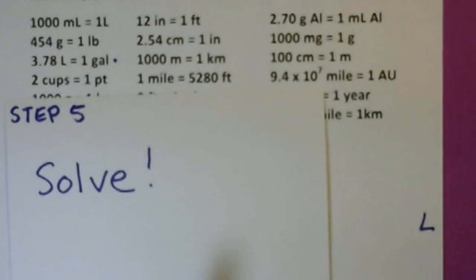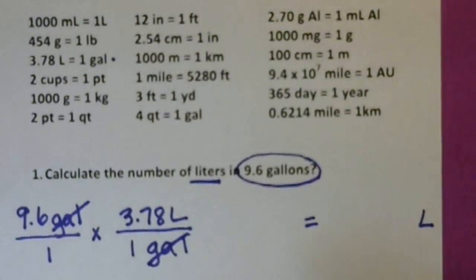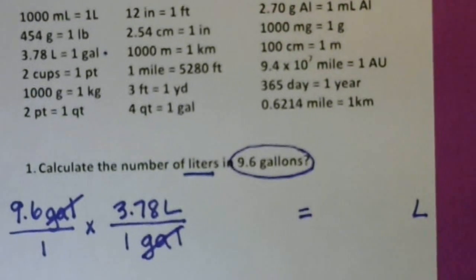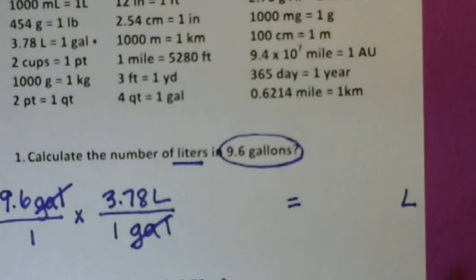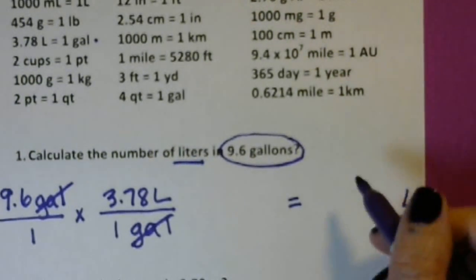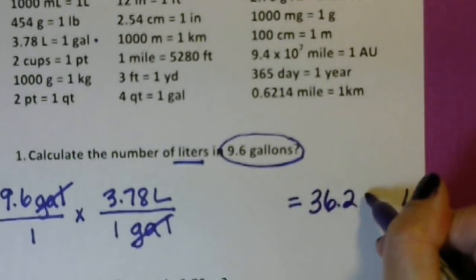Step 5 is simply to solve the problem. So let's go ahead and get out your calculator. And all I'm going to do is multiply 9.6 by 3.78. Now your calculator often gives you lots of numbers. So let's put down first the unrounded number, and I'm not going to put down the whole thing, but we get something like this,